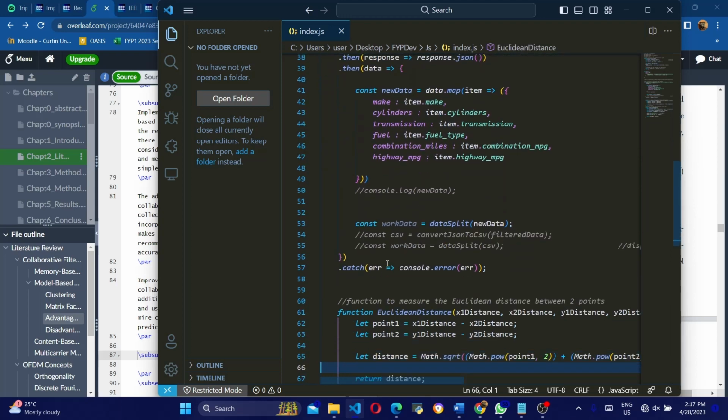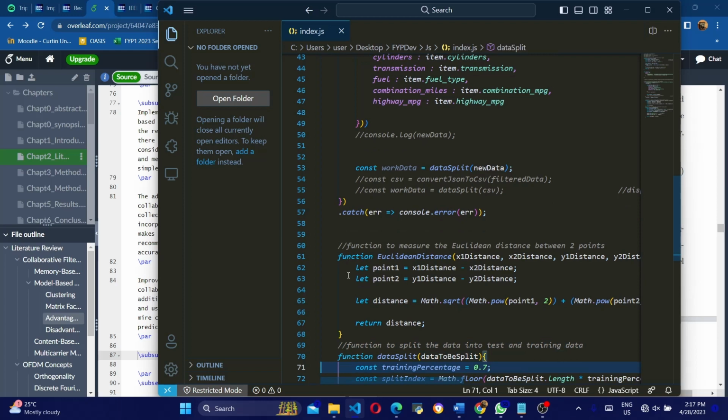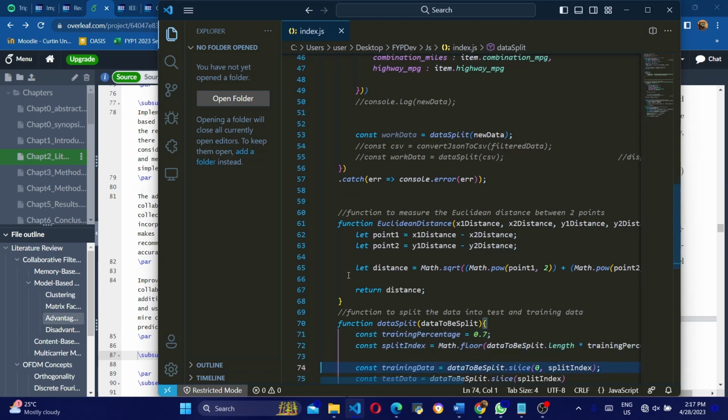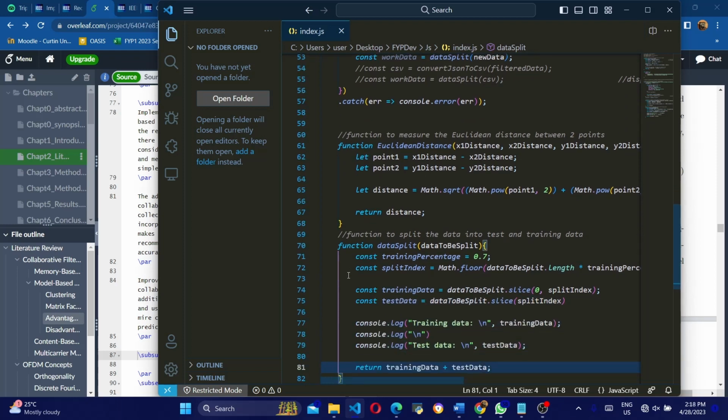This function is to measure the Euclidean distance between two points. And then I have a function to split the data such that from the data that I collect, I will have 70% that represents training data, and